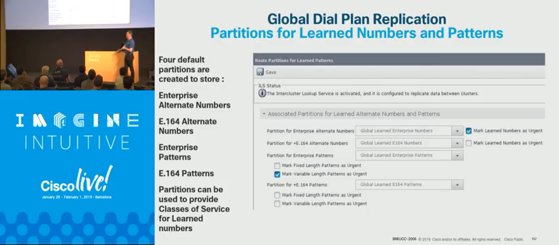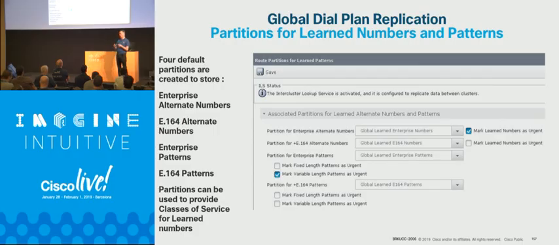Your E164 numbers, you might put into another partition, and your patterns into others. And what it means you can do is that, based on the numbers you've received, you know how they're categorized. You can say, I know that these are internal numbers, and I'm going to allow this user to make internal calls over the IP WAN, but when the cluster receives the PSTN numbers,